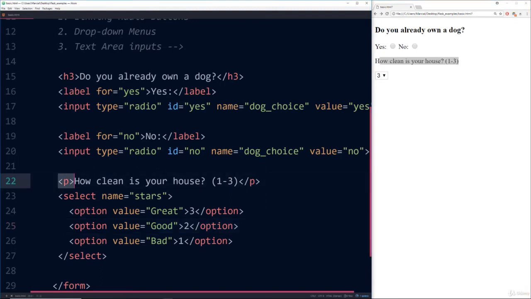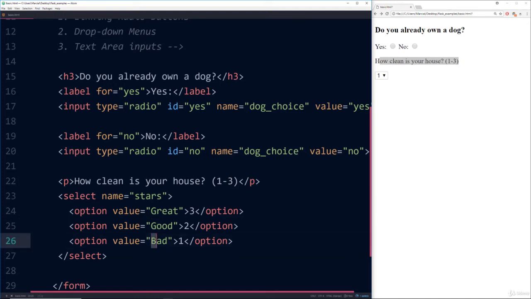That's that paragraph tag we have here, and then we have this selection with various options, and this is a drop-down menu. So I can say 3, 2, or 1. And what happens is the viewer of your website is going to see what's in between these option tags, 3, 2, or 1. But when you actually submit this form, you're going to connect this name to whatever value was